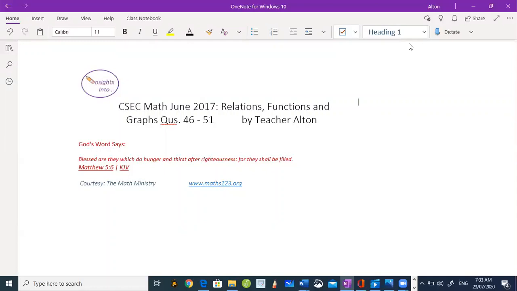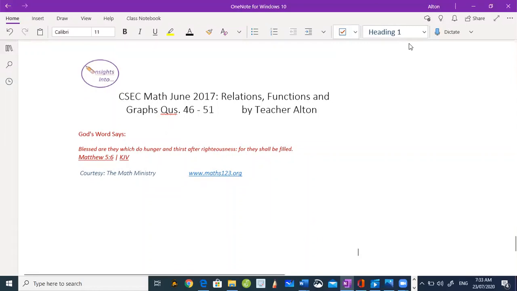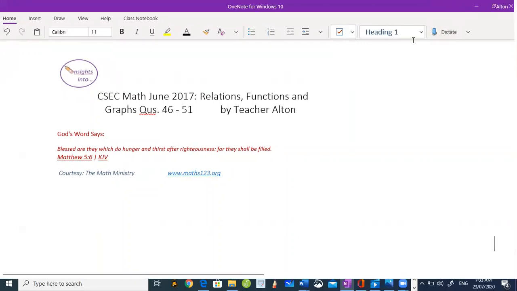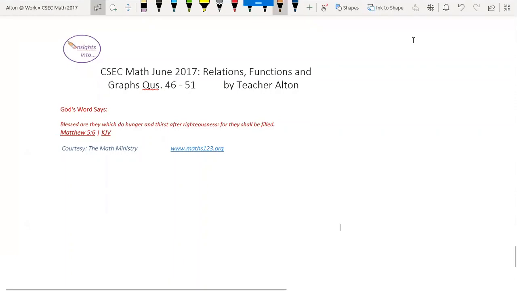Question 46 gives us a number of diagrams as our choices and wants us to determine which of those represent functions. Now, there's only one correct answer. So let us see how we can actually determine what that answer is. We're going to draw the different diagrams and go back to the definition of what a function really is. So option A